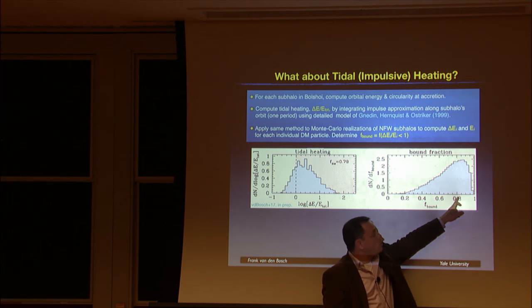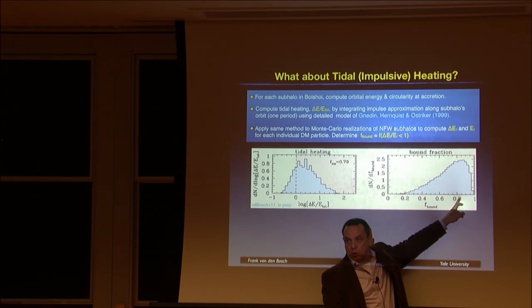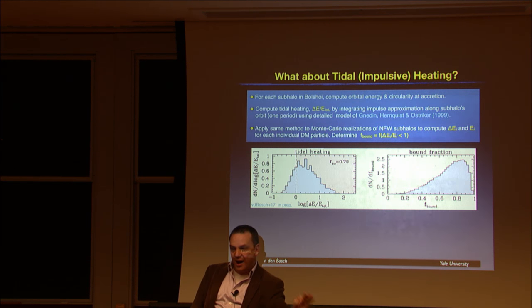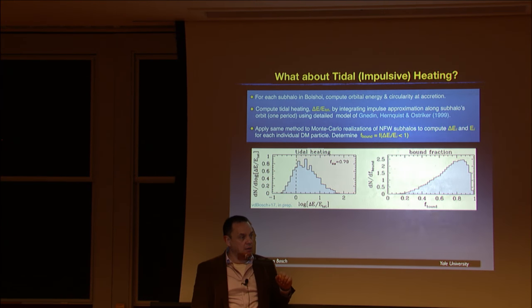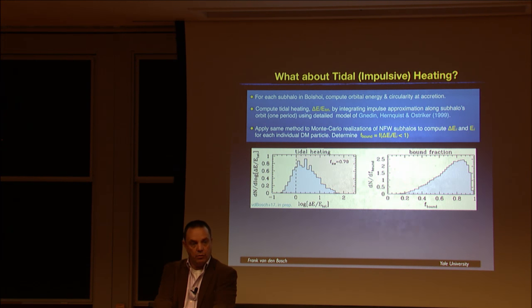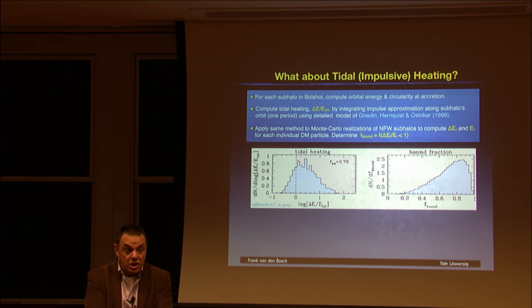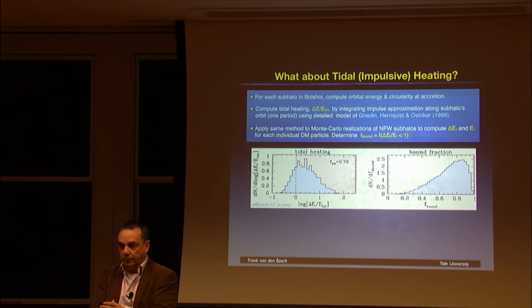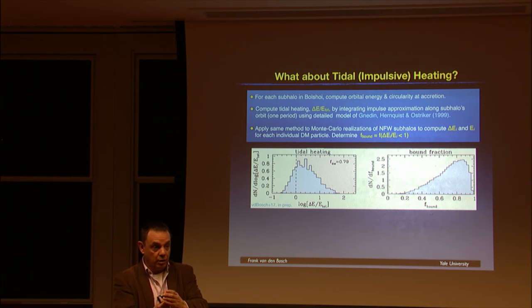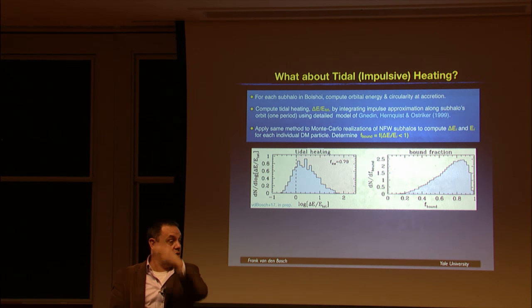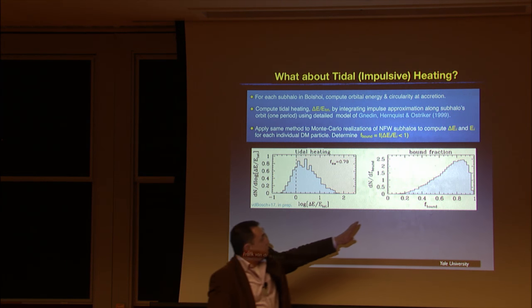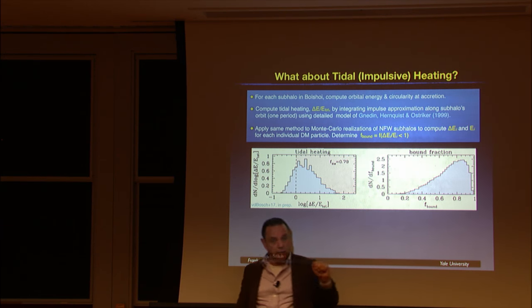And then you get the corresponding bound fraction that you compute. Most of them only lose about 20% of their mass. In fact, you can calculate that I can dump 100 times the total binding energy into my subhalo, and I only strip off 85%. 15% remains bound. Partly that's because the central region is adiabatically shielded from an impulse, because there the orbital time is very short. For them, pericentric passage is just an adiabatic event and not impulsive. So based on this, you don't do much damage with tidal heating.